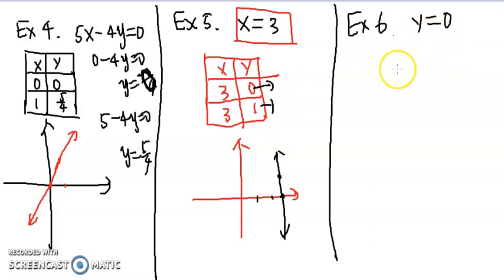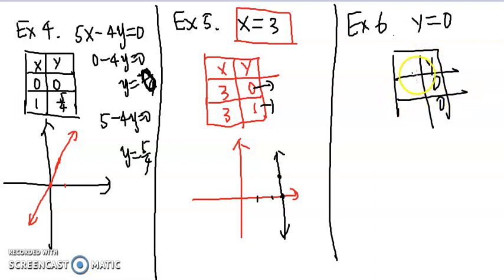And similarly for y equal to 0, that means y always stays at 0. Doesn't matter what x is. So you have 1 and 2 here. And when you sketch